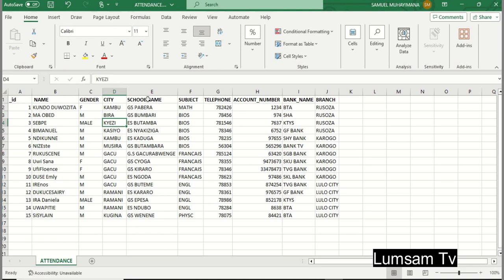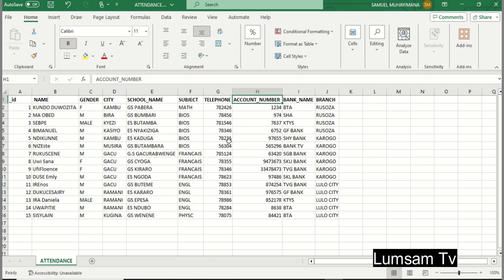Here, if you have two words like school name, it is better to join them by putting underscore. Even here you put the underscore because it is account number. Between account and number you put underscore. So also bank name, put underscore.